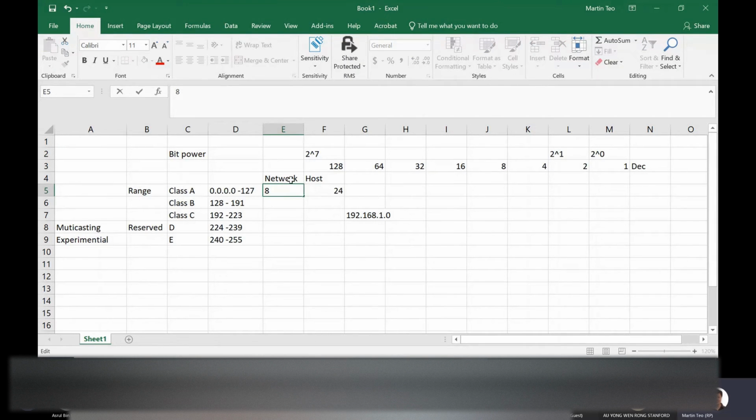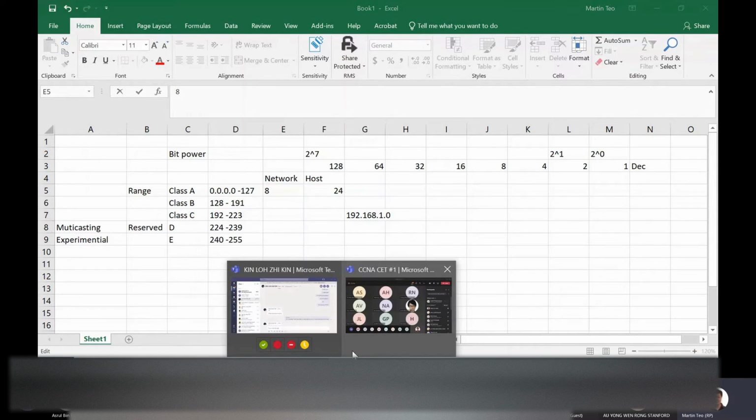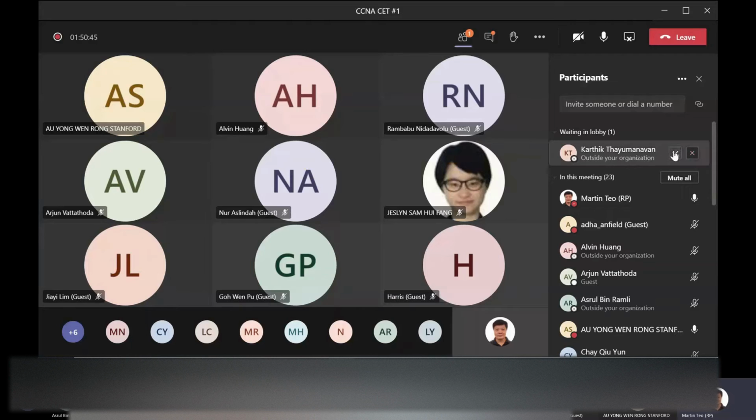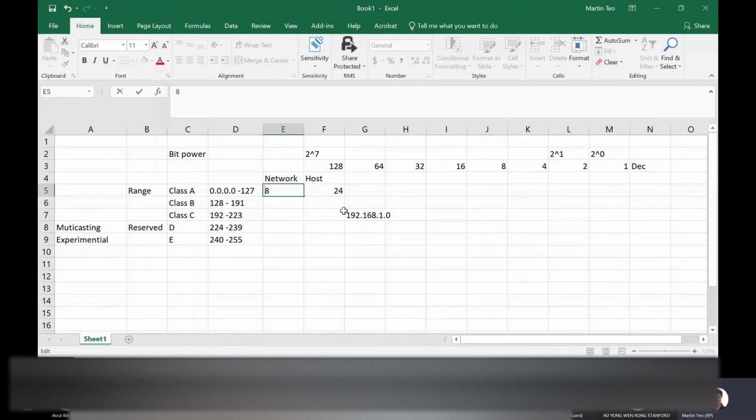Network portion and host portion are divided for that particular IP address. If I have this class A, I have a network portion of 8 bits and a host portion of 24 bits. How many subnets, how many networks can I have, and how many host IP addresses can I have for a class A network? That will give us